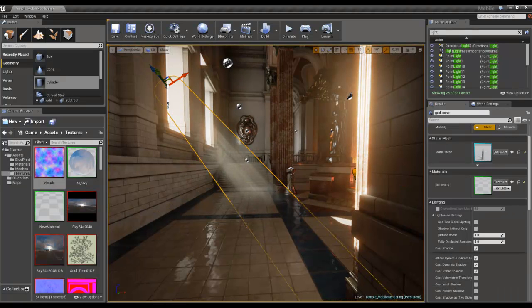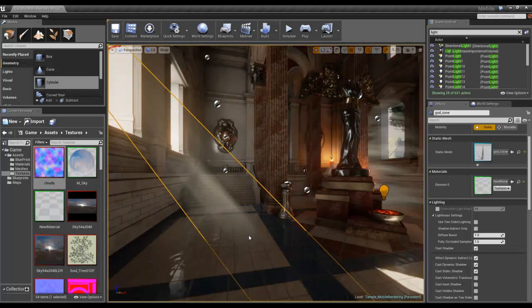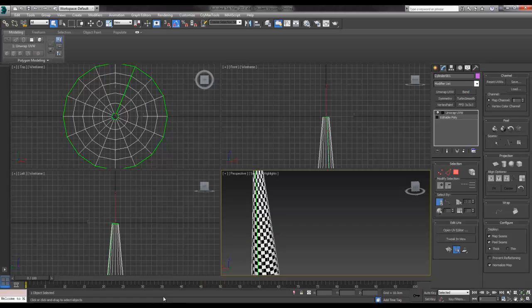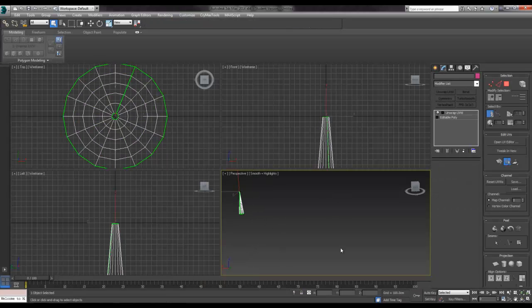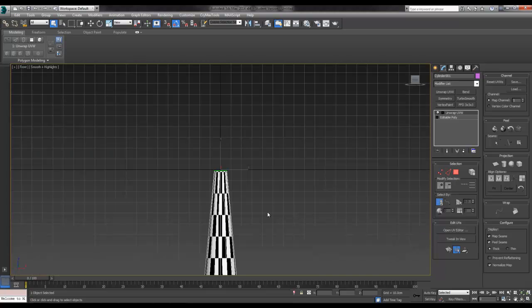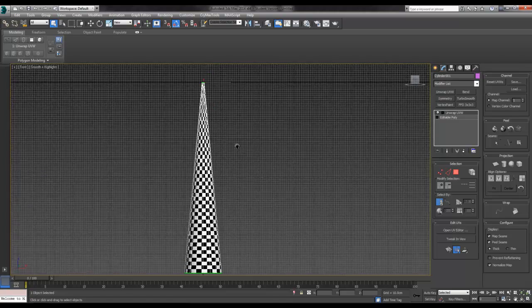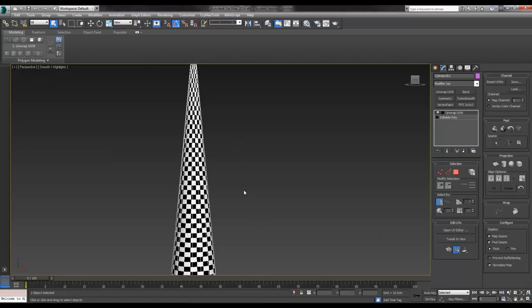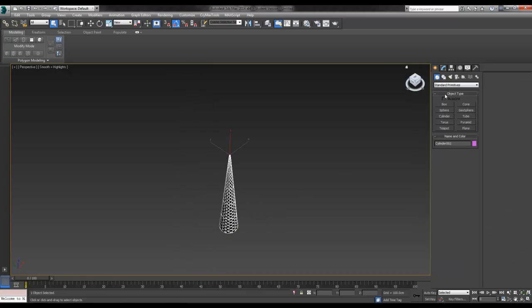So the geometry is really easy. I mean, it can be any shape really, it's just a shape you need. I just made a generic cone because that was the sort of shape I was after to test it. So if we go to Max, what I've got here is essentially a cone, which is really just a cylinder. So if I show you how I made this really quickly,